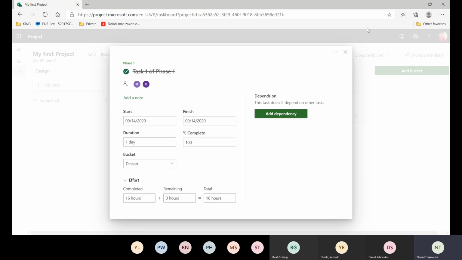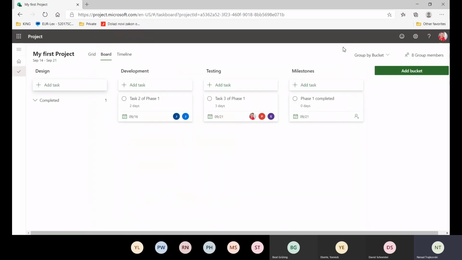And when I click here, you will see that this task has a strikethrough, so it is finished, and it is moved to the completed column. So when I open here, I can see all my tasks in design which are completed. Or if I hide it, I will see that I have nothing to design in my current project. Okay, so now I will show you how I can put, for example,